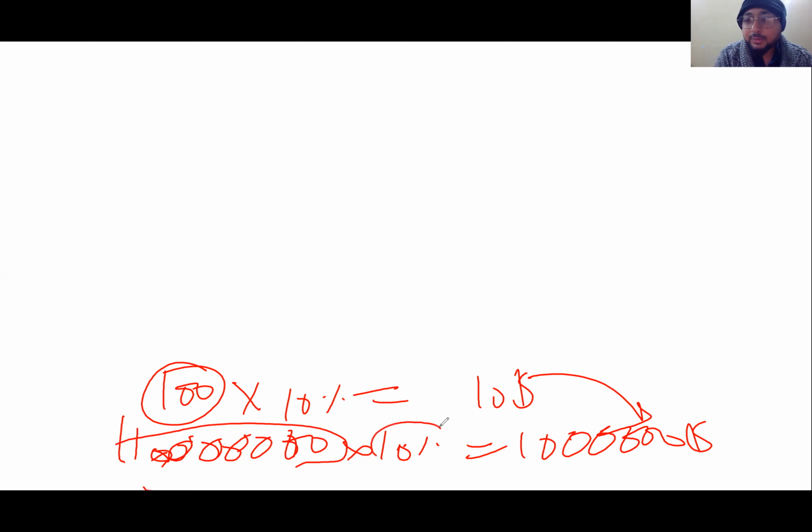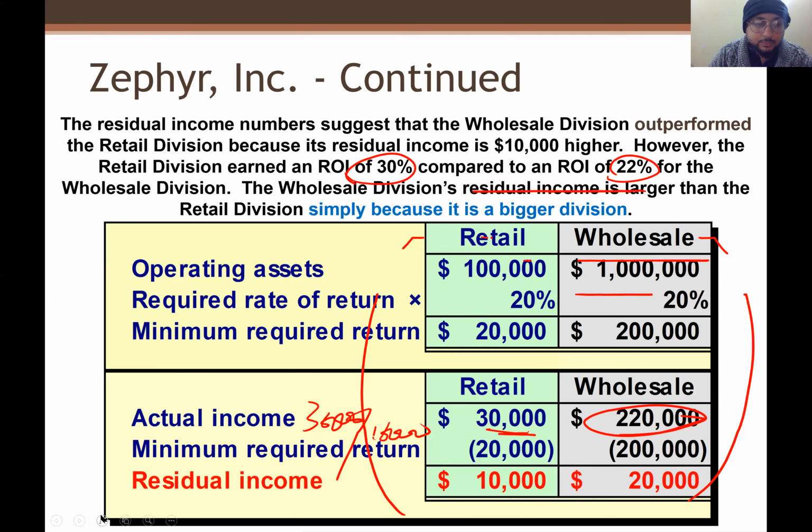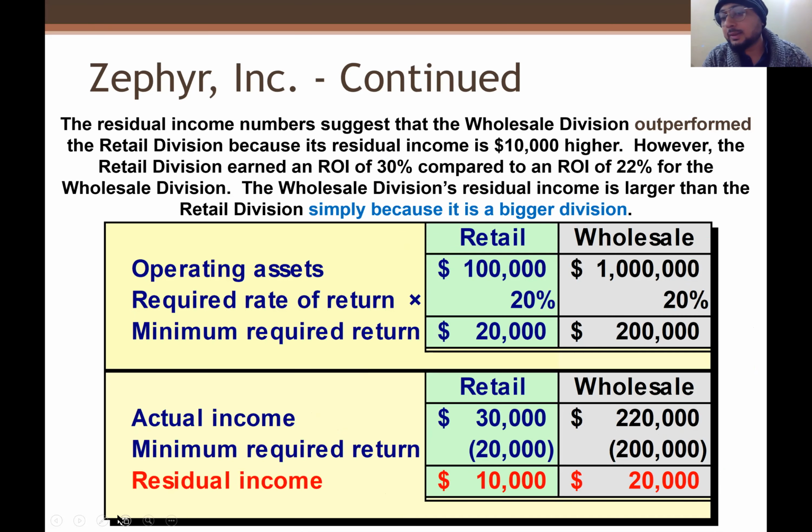Plus, the 10% itself is just a ratio, right? And a ratio makes sense if we compare it with sizable things. Otherwise, it doesn't make sense, right? So you see here, if you now look again at the answers, you can easily see that they earn 22% on top of 1 million. Of course, their efforts